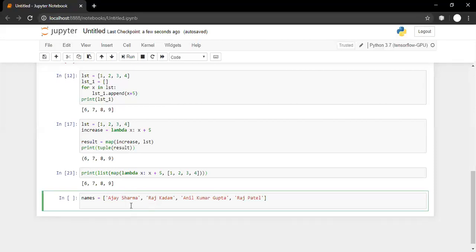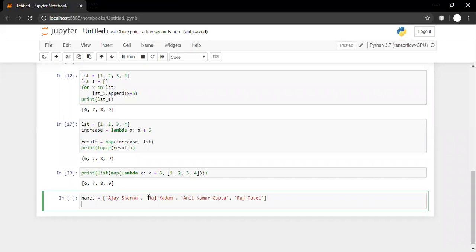So the first thing that we should do is extract the surnames from the list and then use only those surnames to sort the data.